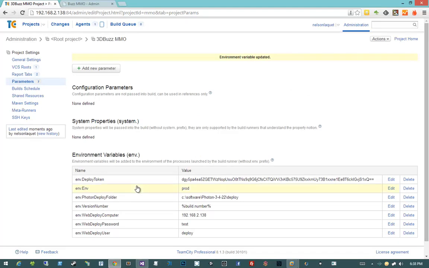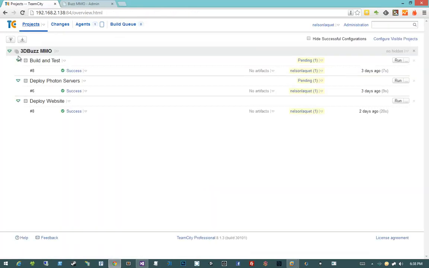Okay, so now we have our deploy token, our environment, our Photon deploy folder, our version number, our web deploy computer password, and user. And these are really the only variables that we need, except for potentially our Unity path, in order to build our stuff. So now that we've done that, let's go ahead and add in our build configuration for our client, or sorry,